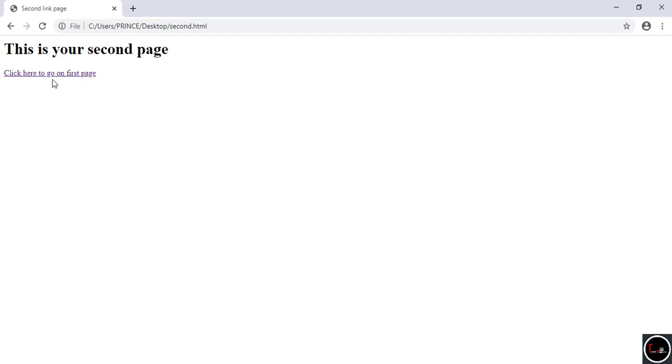Now save it and check it by running. And you can see it worked perfectly, but it opens a new web page in the same tab. This is known as target self. By default, our browser is set to target self, which opens the new web page in the same tab.